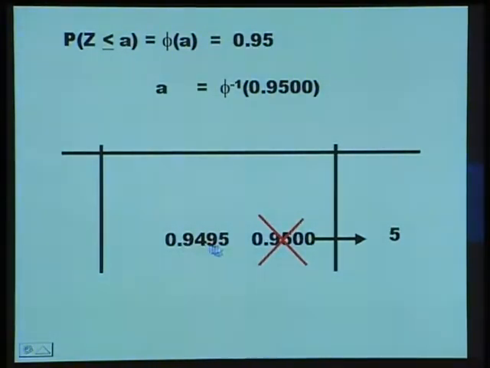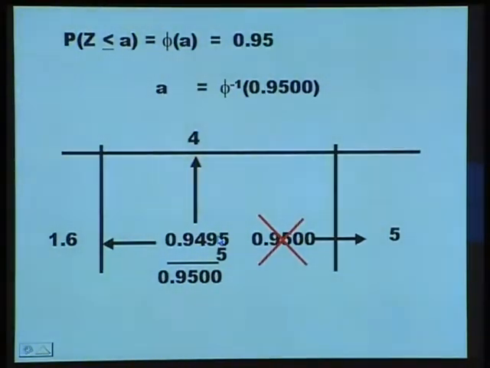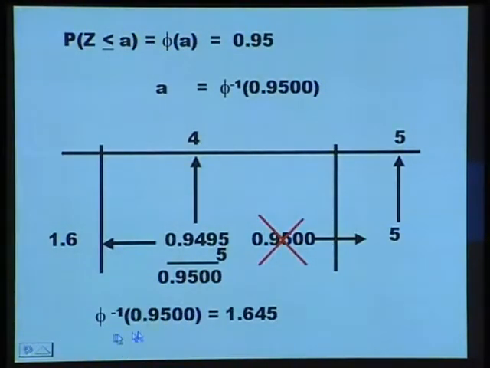Of course, we need to add a value of 5 to 0.9495 in order to get 0.9500. So now we will read the value of z. It corresponds to 1.6. The second dp in z is 4, and the third dp is 5. Therefore, phi inverse of 0.9500 is